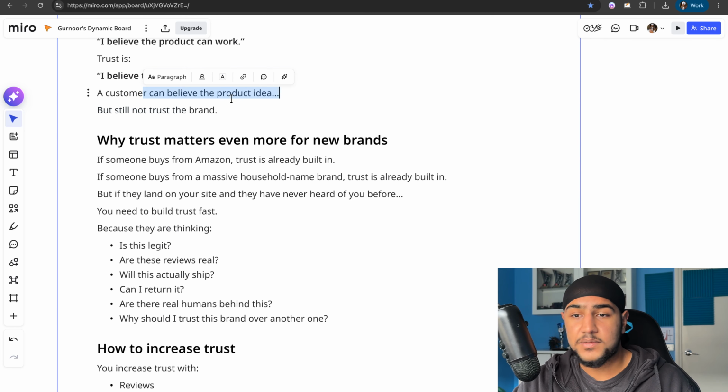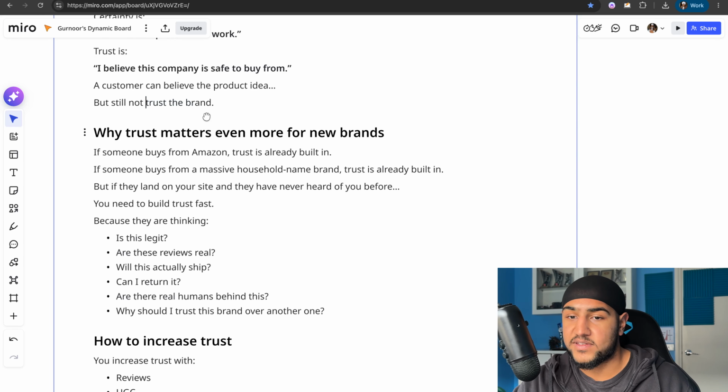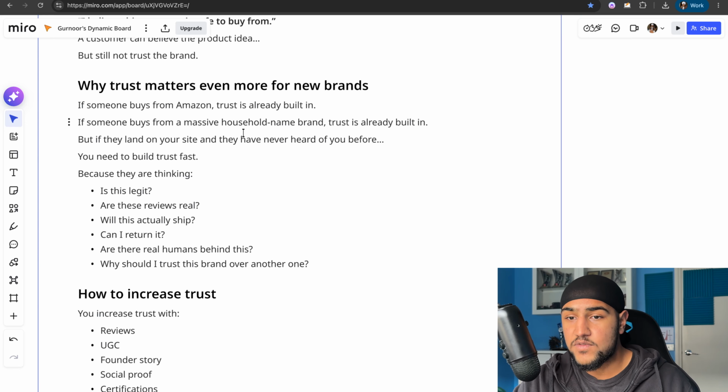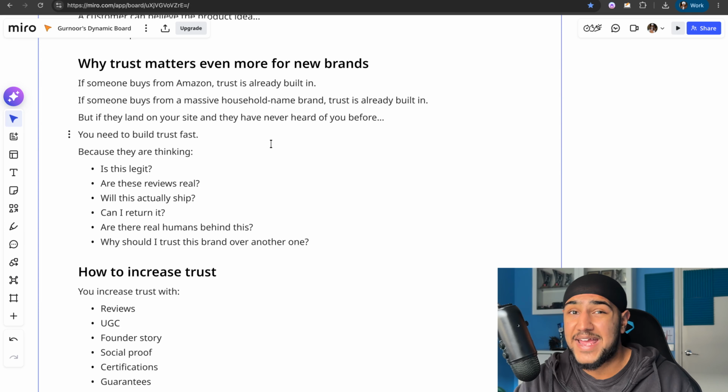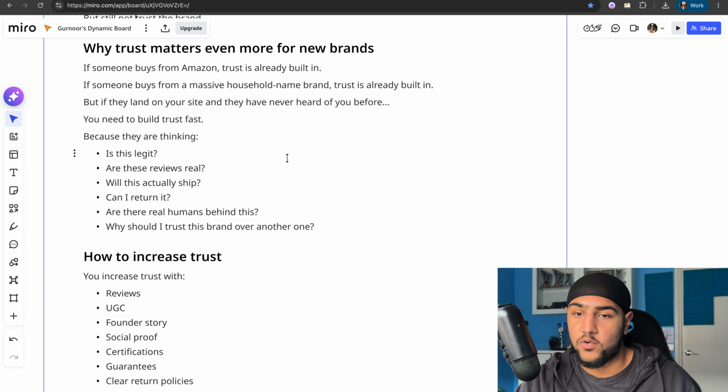But a customer can believe a product idea, but they still don't trust the brand. So why trust matters even more for new brands. If someone buys from Amazon, the trust is already built, right? And that's why some people will literally only buy from Amazon and nowhere else. If someone buys from a massive household name brand, the trust is already built in. But if they land on your site and they've literally never heard of you before, you need to build